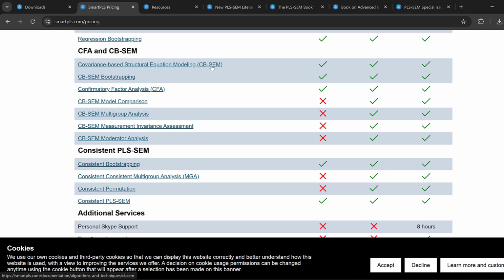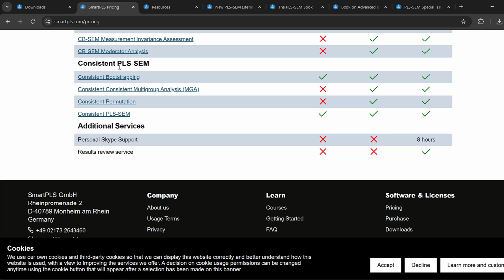So the covariance-based structural equation modeling, CB-SEM, CB-SEM bootstrapping, confirmatory factor analysis, CFA, CB-SEM model comparison, CB-SEM multi-group analysis, CB-SEM measurement invariance assessment, CB-SEM moderator analysis. Consistent PLS, PLSc, which is consistent bootstrapping, consistent multi-group analysis, consistent PLS-SEM, etc. Plus, we have personal Skype support for 8 hours for the professional license. But anyways,